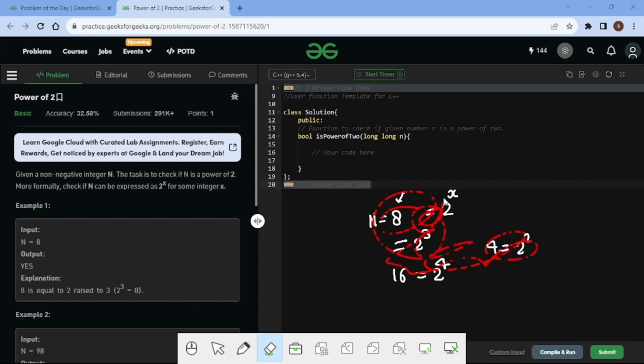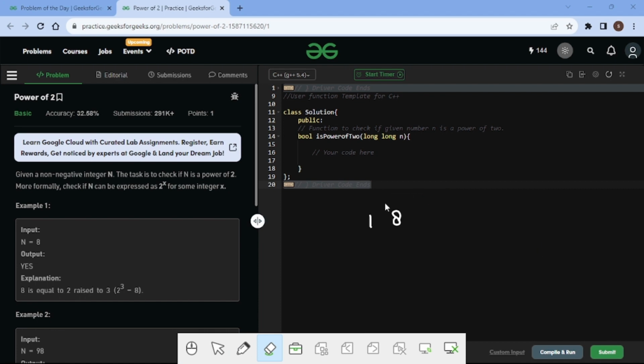So in bit operation, we know that if the number is 8, in bit format 8 can be represented as 1000, and 4 can be represented as 100, 2 as 10, and 1 as 1.